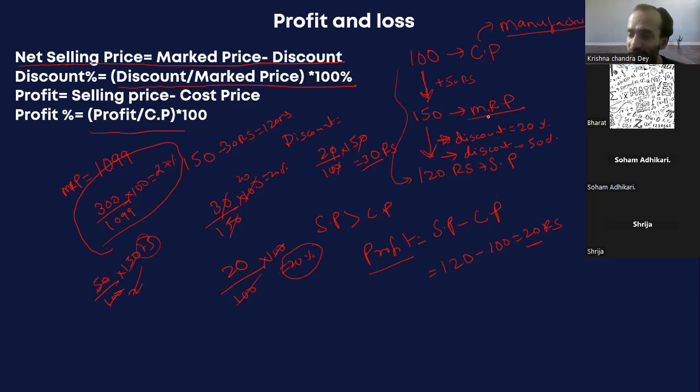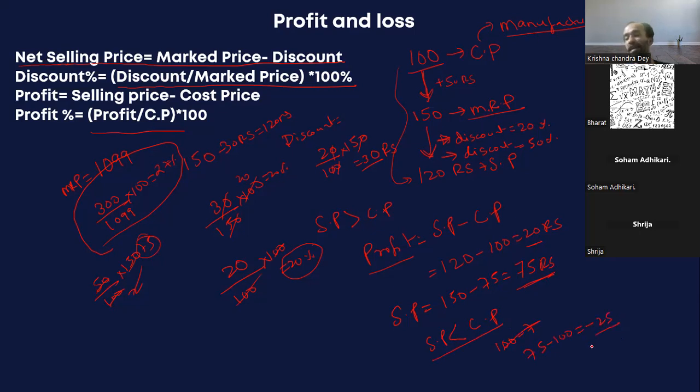Now, finally, 75 rupees is the discount. He has to sell at what price? 150 minus 75, which is 75 rupees. In this case, his selling price is less than the cost price. He is making a loss because he bought at 100 rupees and sold at 75. So how much is the loss? If you want to show it as negative, you can write 75 minus 100 as minus 25 rupees loss, right?